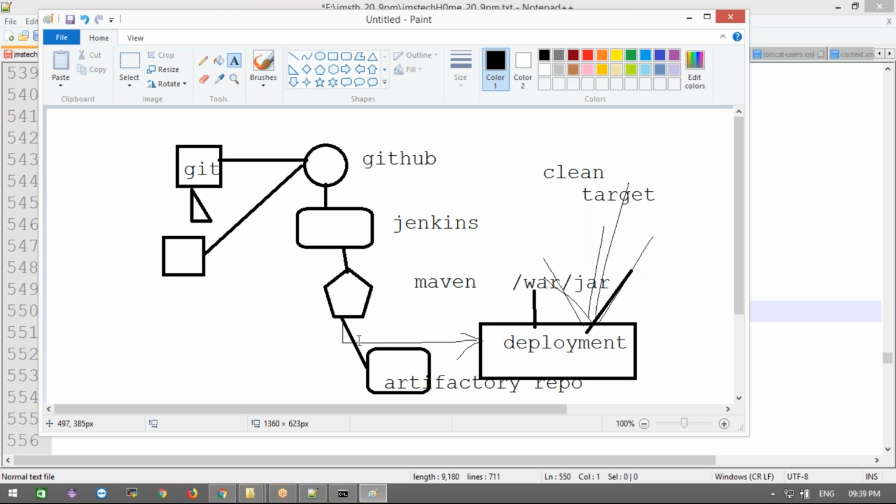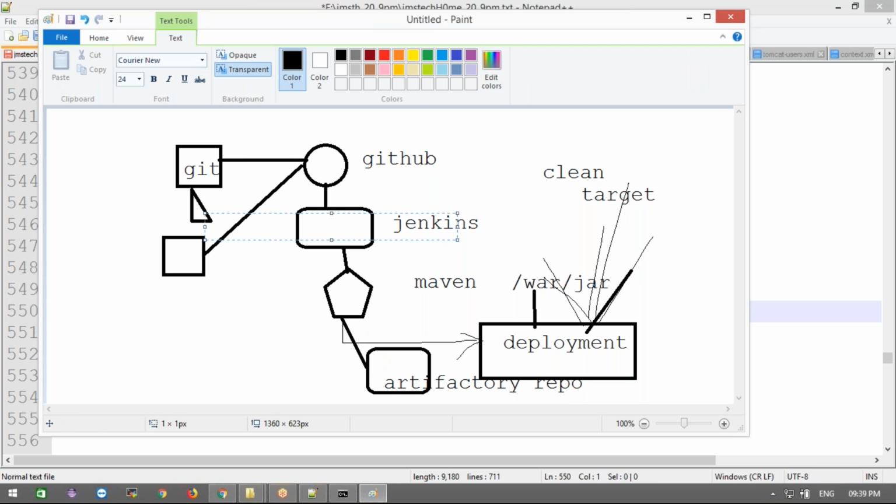This is for backing up our previous build jars, or for shared libraries. For example, internally you developed some code, but that code is useful for some other project. What they will do is create their own custom jar files, which I can use for other projects also. They will store those in a remote repository, and that remote repository we are also going to store here.